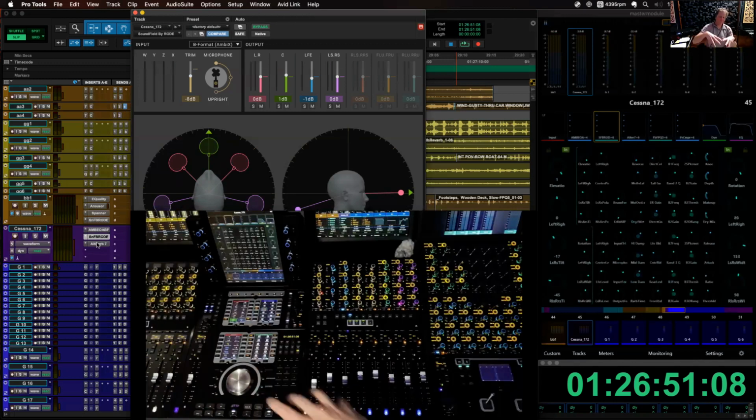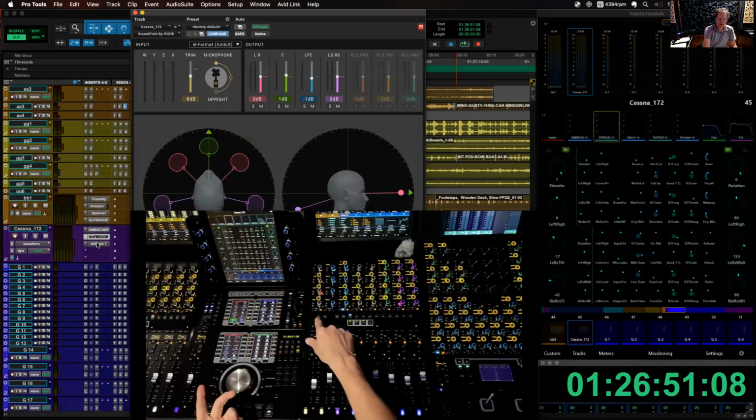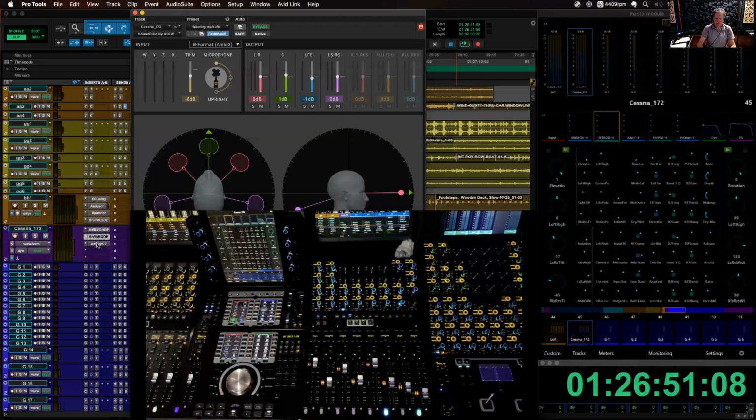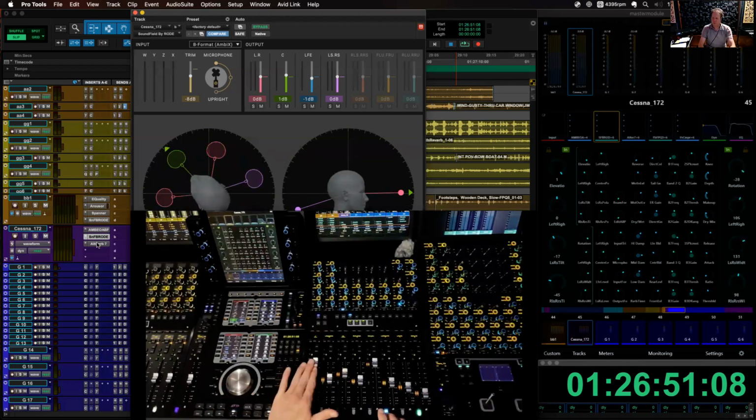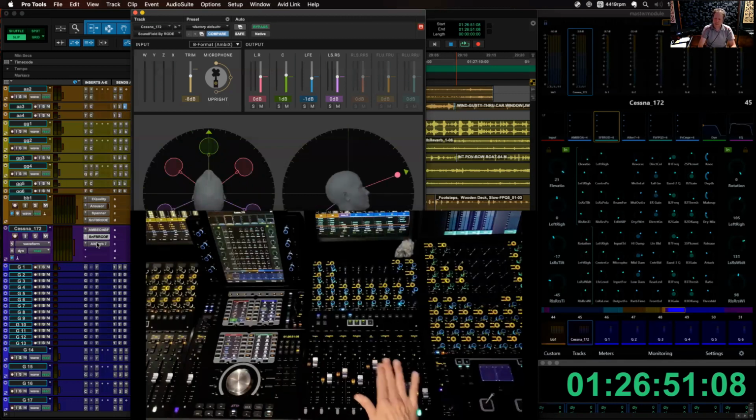I can say, you know what, I don't like anything I just did. Sometimes that happens. What you can do is go back into the thing I already created. I'm going to hold on expand to get in here. I want to show you that you can use multiple pages to separate important parameters. On the top level, I've got control over those legs and the rotation. I've got elevation and the tilts. And if I go to page 2,